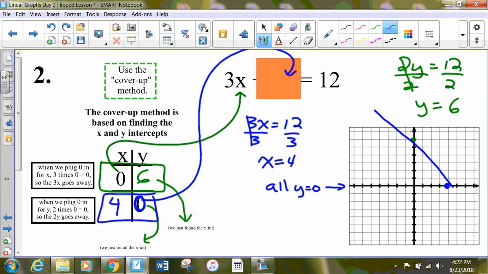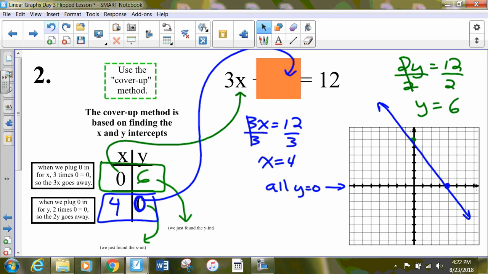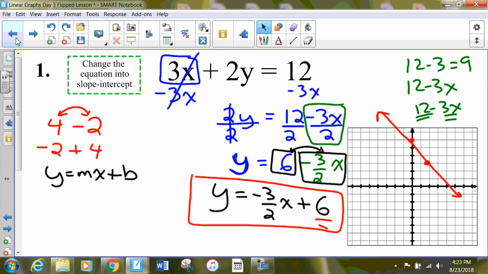All right, so I'm going to try again. I can do better than that, can't I? Let's see. Better, a little bit. All right, so that's our second method. It's the cover-up. I'm going to encourage you to try to stick with the cover-up method because once you get the hang of it, it's actually pretty efficient and less work than the work that we did back here. Once again, this is a very valid way to graph a linear equation in standard form,